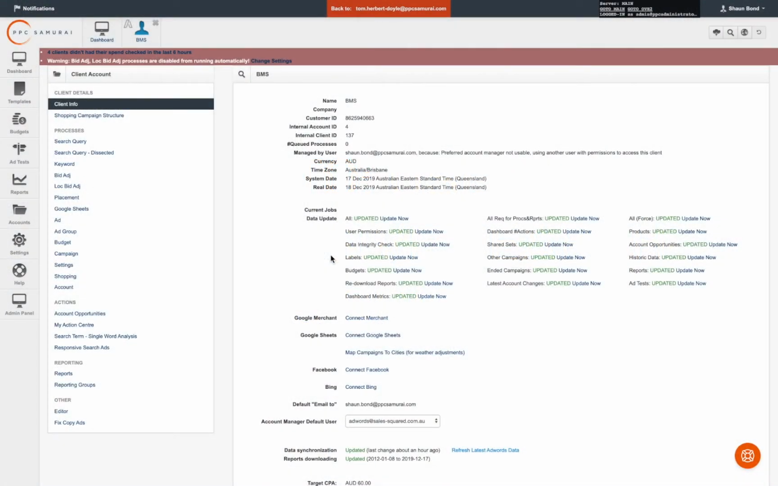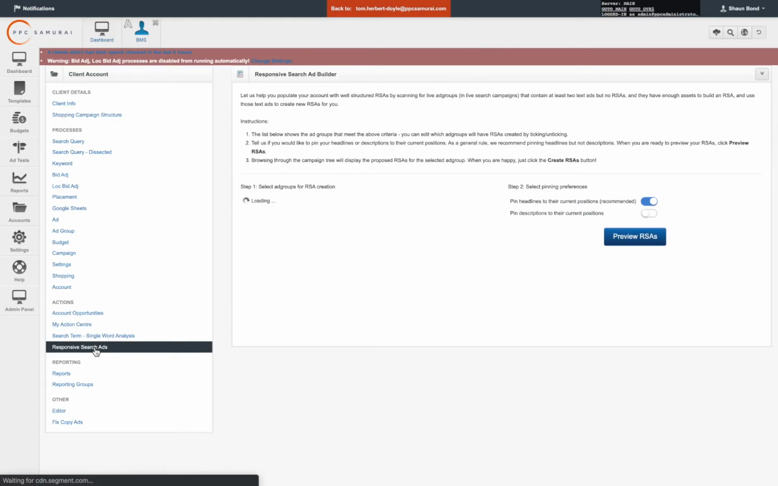Within the client account details screen, underneath actions, you'll find responsive search ads. Clicking this will tell the app to start scanning the account, looking for active campaigns and ad groups that contain 2 or more expanded text ads. Once the scan is complete, you'll see all the campaigns and ad groups that meet this criteria and are therefore